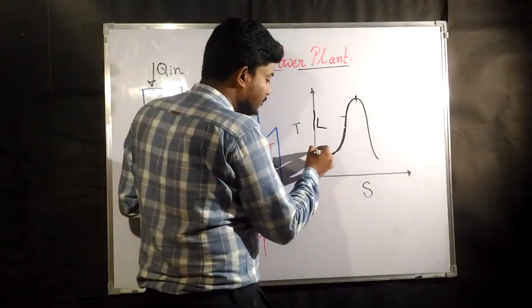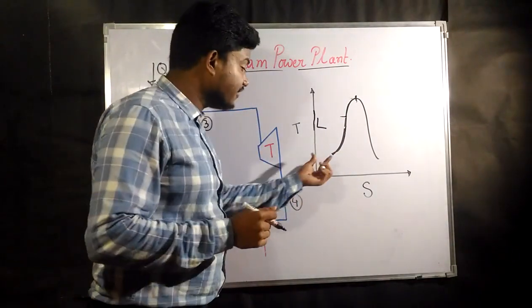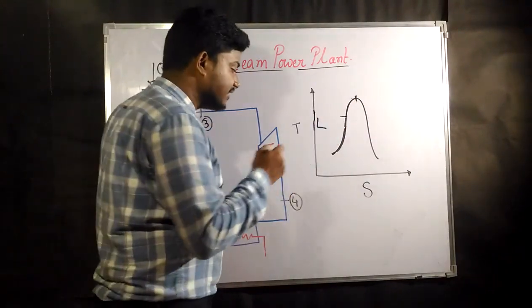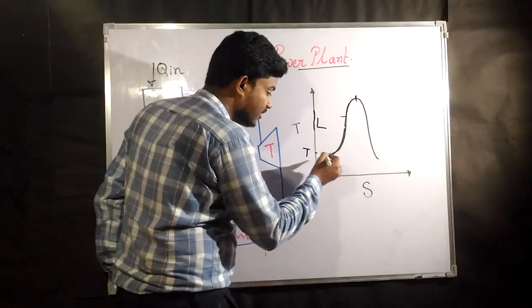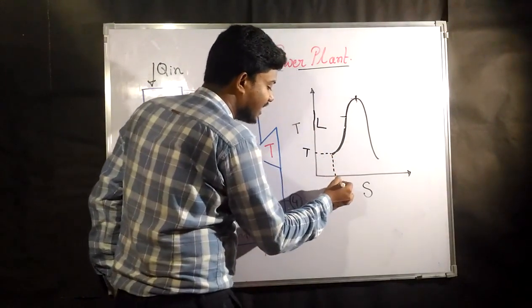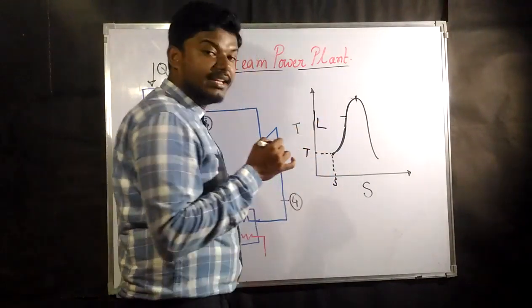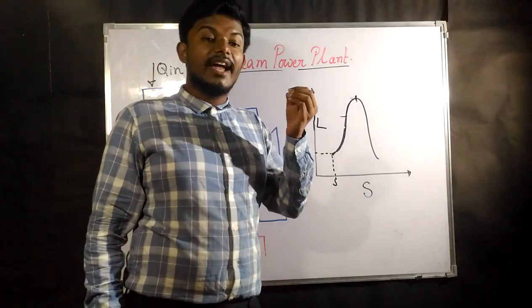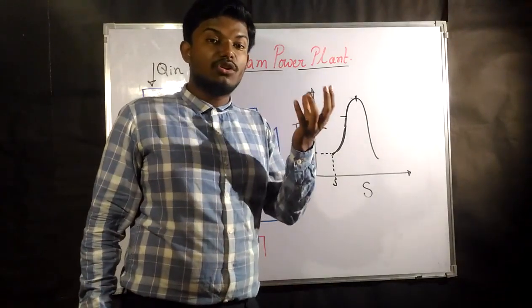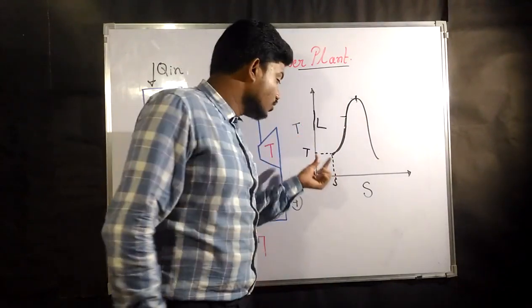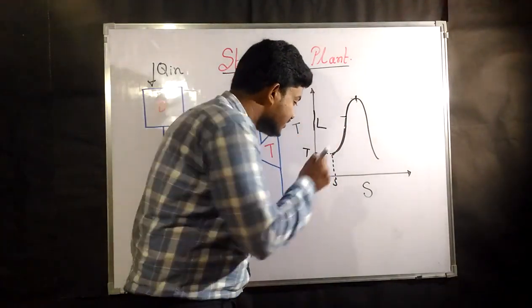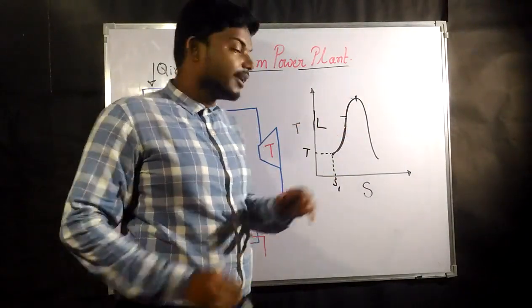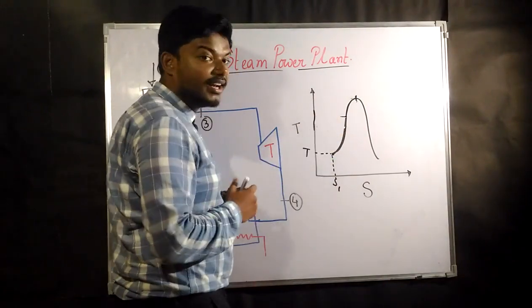Now, at different points of entropy it is going to show us the line. That means at this temperature and at this entropy, the saturated liquid is going to be there. Saturated liquid is nothing but the maximum entropy where it can be liquid. So at this particular temperature, this is the entropy value up to which it can be liquid.